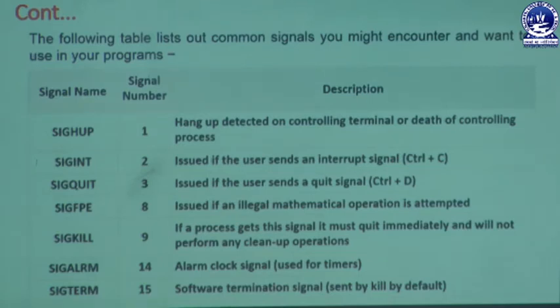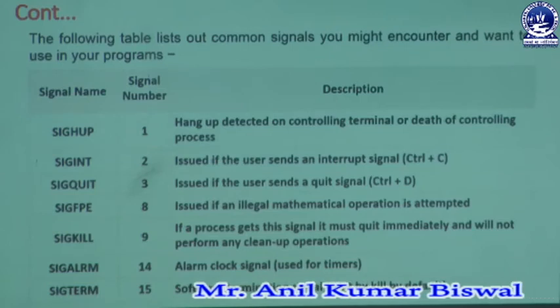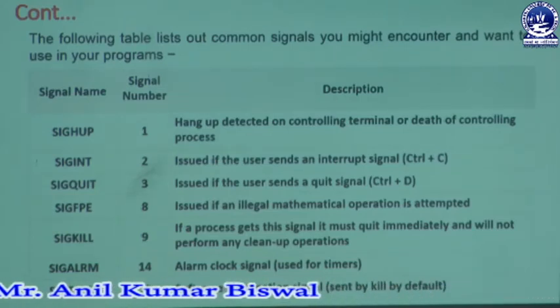If the user is not aware of this processing activity, it can show an error. So if a user wants to close the whole process with the software termination signal, we need to kill it. That means we can forcefully close the whole processing activity by invoking this signal. So these are the signals relevant to our Unix processing system.